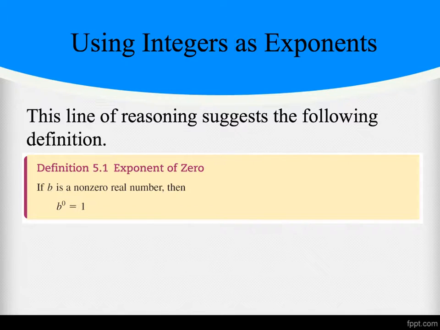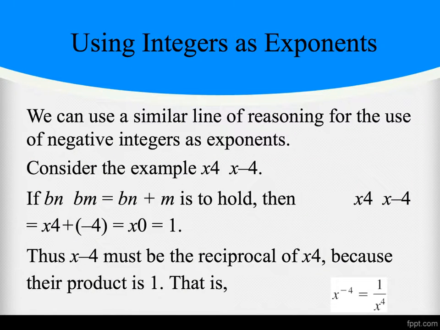So first of all, we want to recognize that whenever you raise anything to the 0 power, it will always equal 1, okay? And this slide demonstrates why. If you have, and again, formatting didn't come through well here, so let me correct this. If you have x to the 4th, and it's being multiplied by x to the negative 4, our rule of exponents says that we should add the 4 and negative 4 together, and that'll be equal to x to the 0. Well, because x to the 4th times x to the negative 4